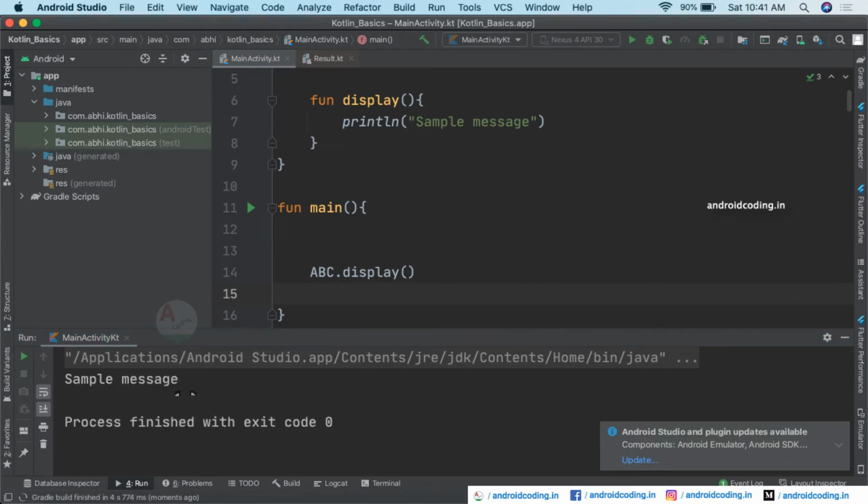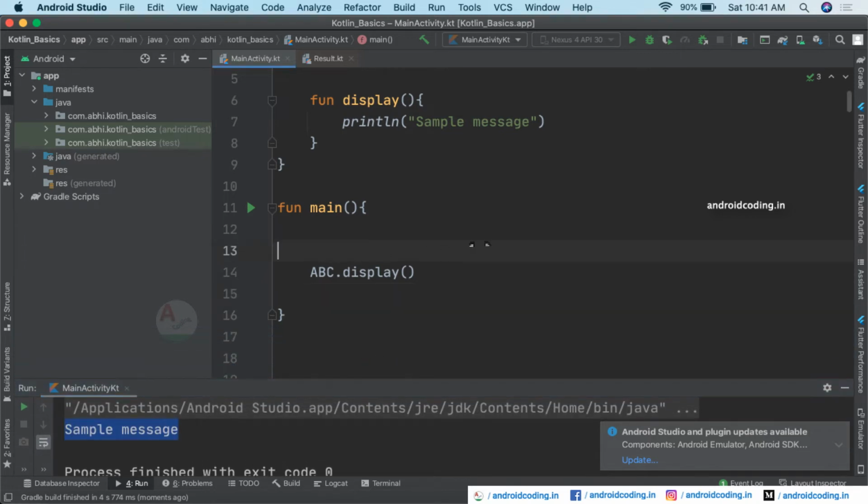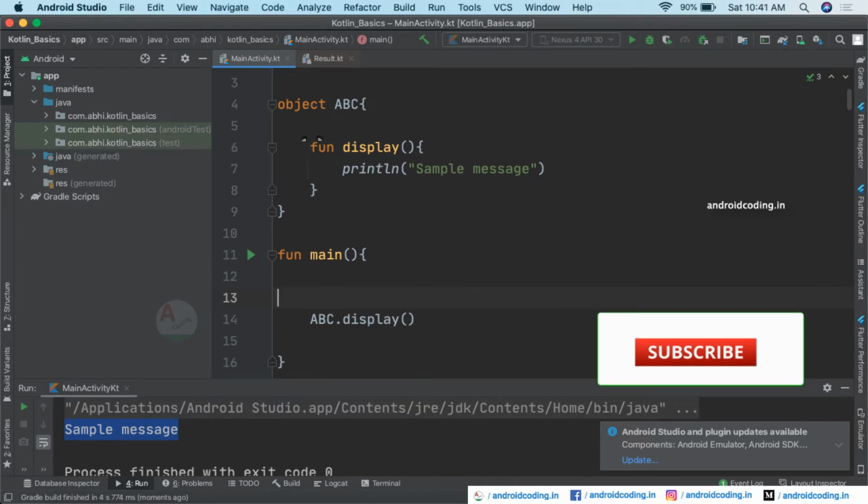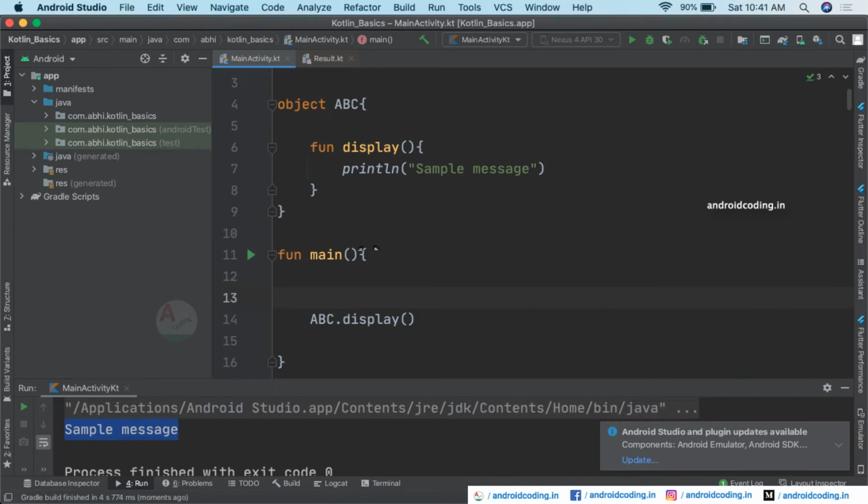So yes, we again got the same sample message printed onto the screen, but this time our declaration is different. So here instead of class we have provided an object here. So with the help of the object we can directly make use of the class name and call the methods which are declared inside the class.